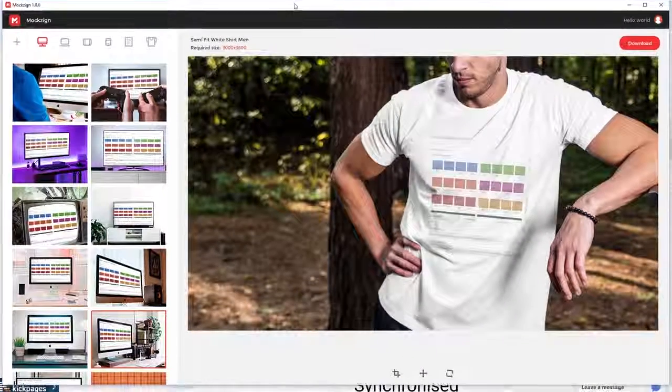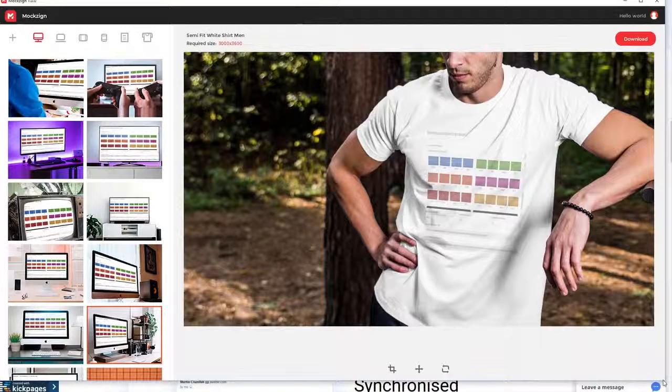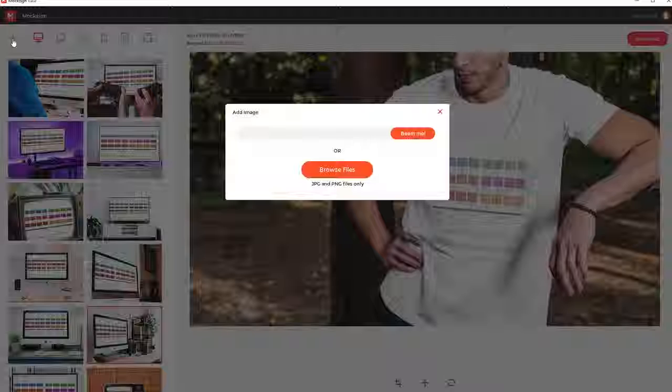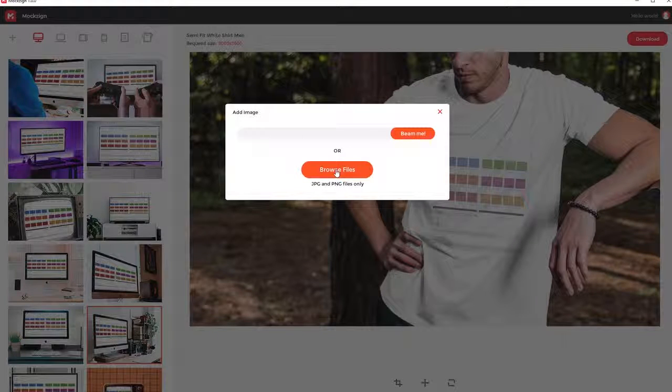So as I showed you, it's a desktop app. You just fire it up on your PC or Mac. It starts up, and you've got all your different mockups here on the side. There's over 110 mockups in the front end version. So all you do is click the plus icon, and you can either click to browse files, which will upload or load into the app any image or logo you have, or you use the URL here. Now the one I like to use is the URL one because I can do everything without having to manually